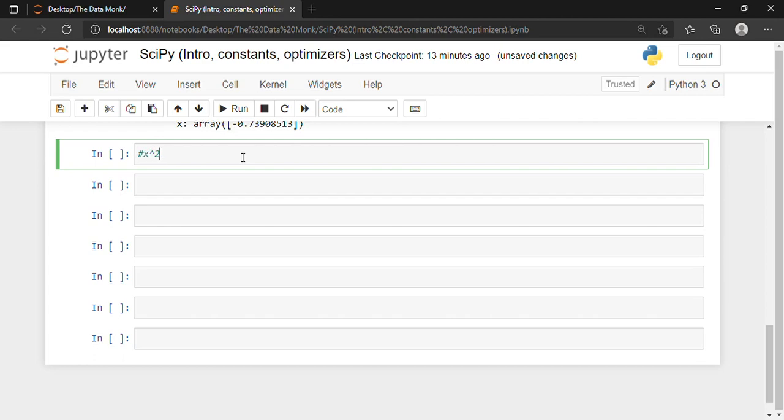So I want to minimize x squared plus x plus 2. And if I want to minimize this, then we can use different methods. The different methods are BFGS or the Newton-CG method. Okay, so let's say that I want to use the BFGS method.